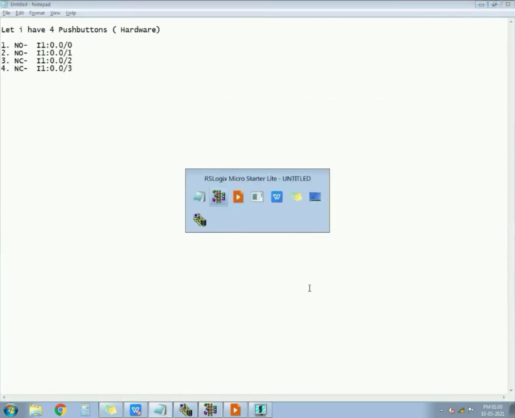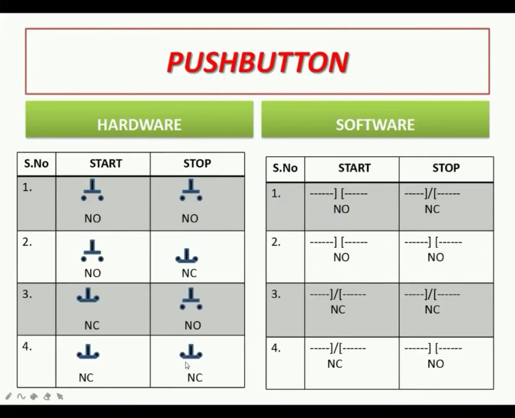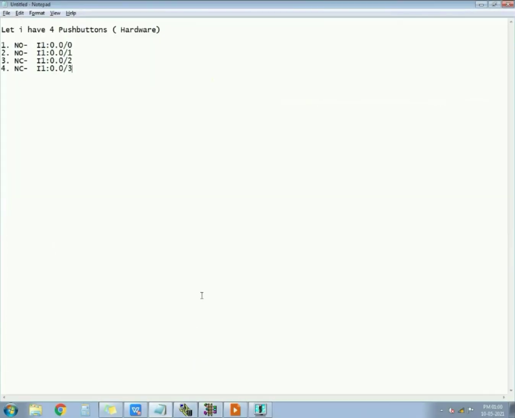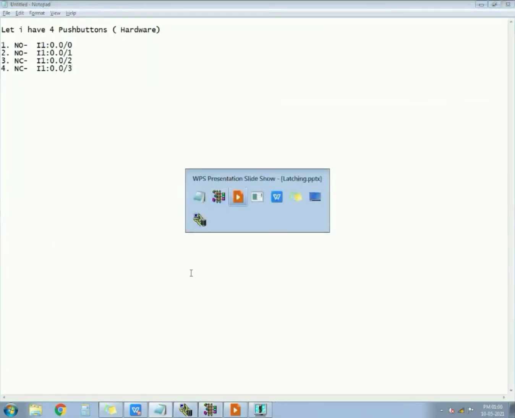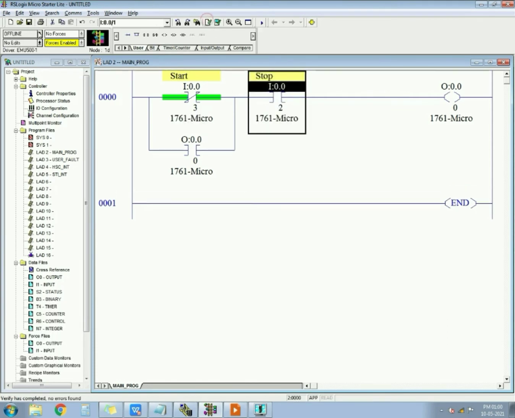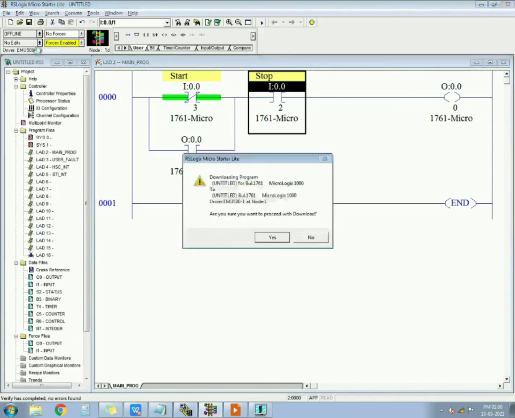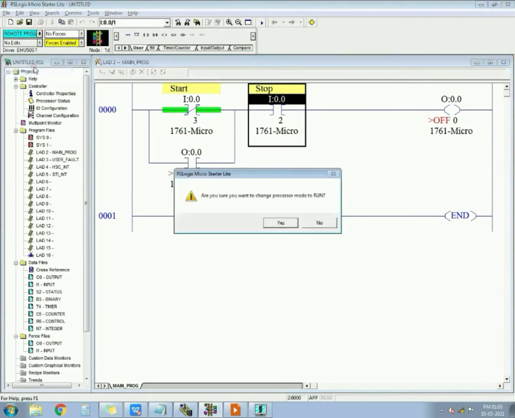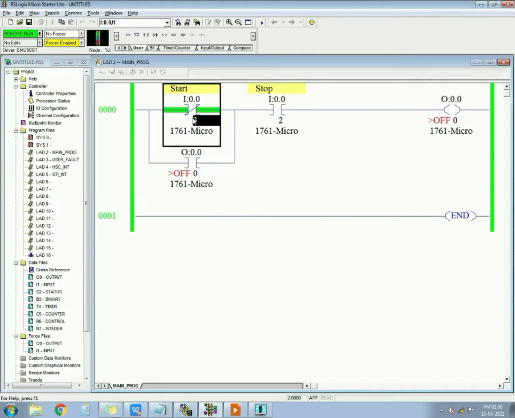Here you can check NO plus NC. In NC, I have 2 inputs, 2 and 3. So 3 is occupied, so I will give addressing of 2 over here, I1:0.0/2. When I switch on this, as I have told you, the PLC is not connected, so it will not show you the result, but I will tell you how it will show. I have to first force on this and force off this.